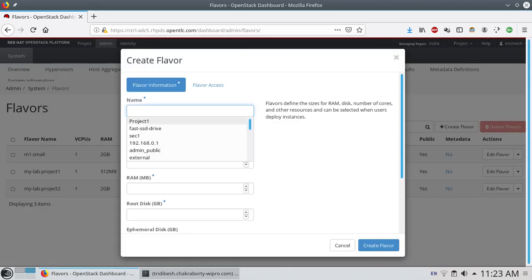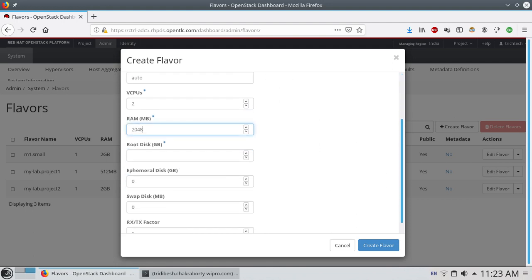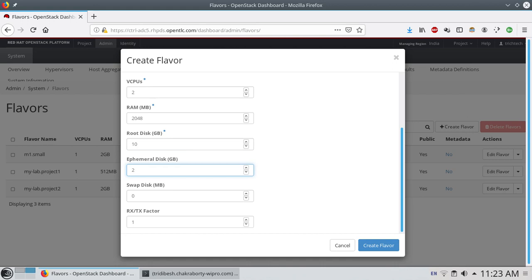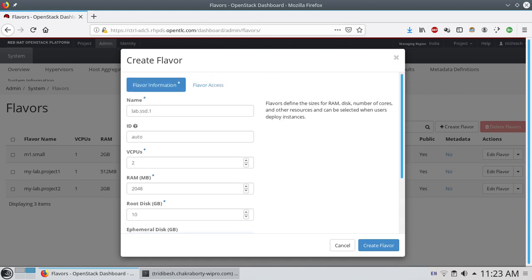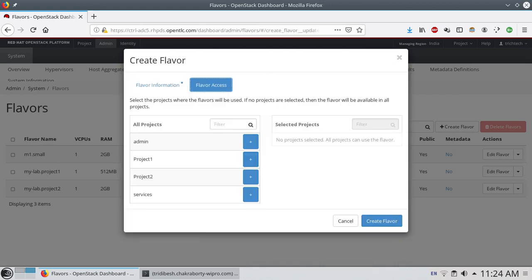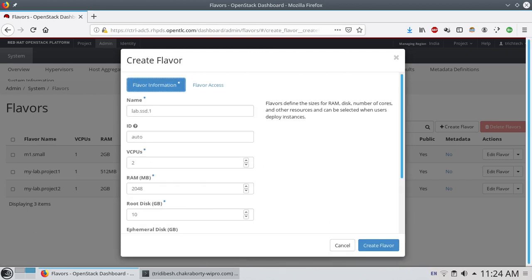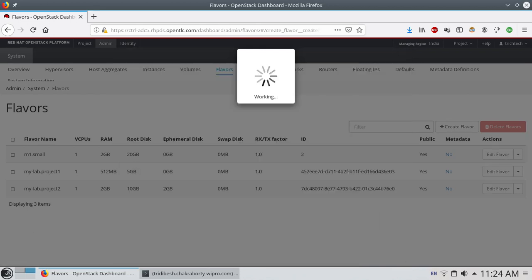Let me put 2 CPUs, RAM 2 GB, root disk 10 GB, ephemeral disk 2 GB, and then we don't want to restrict it to any particular project, so we just select create flavor.